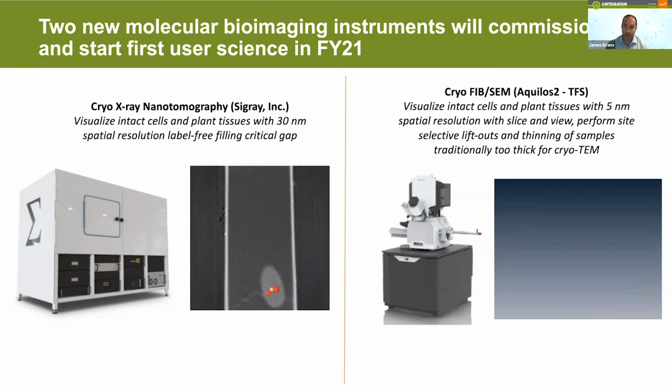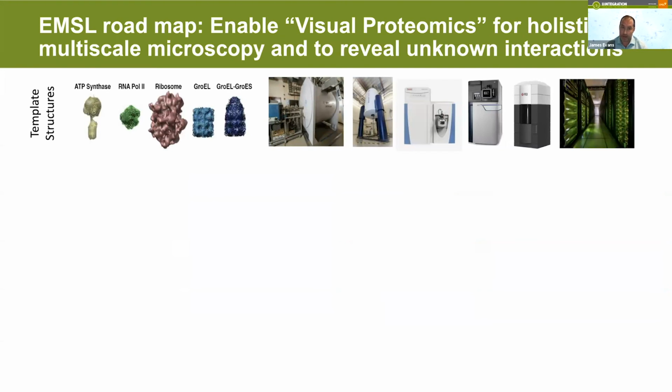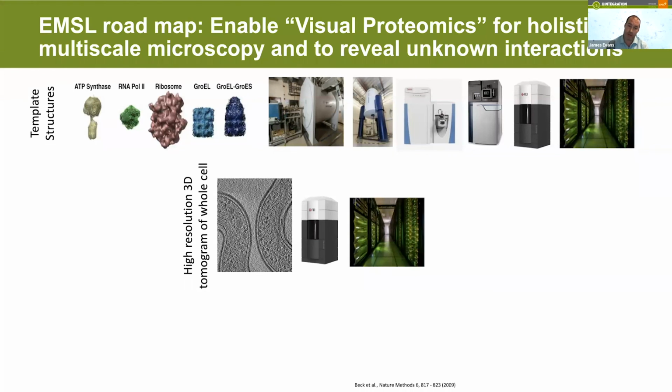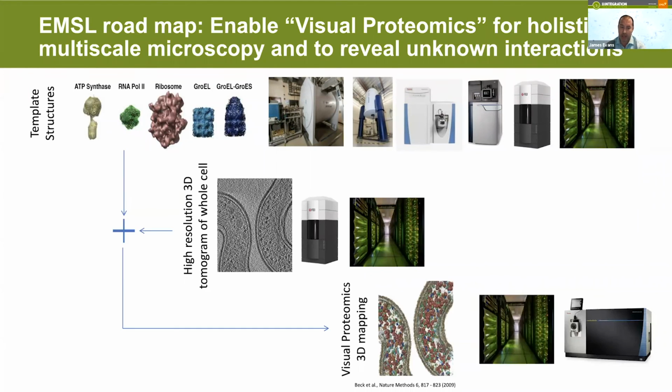Beyond those direct near-term ones, the larger roadmap that we alluded to earlier is to enable visual proteomics. And this is where the overall workflows of everything that I've just described come into play. We have all these capabilities from native mass spec, NMR, cryo-EM in order to solve various structures of single particles, basically generating a library of template structures that we want. We have the new Krios in order to do ultra high resolution 3D tomography of whole cells. And then we use the advanced computing capabilities as well as the single cell proteomics to help quantify overall proteins, and